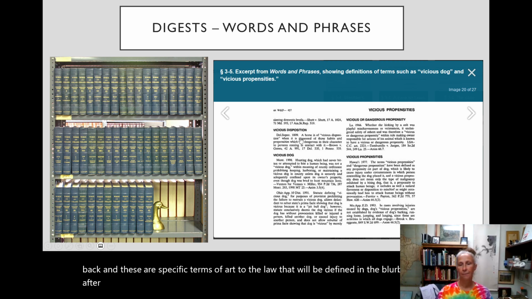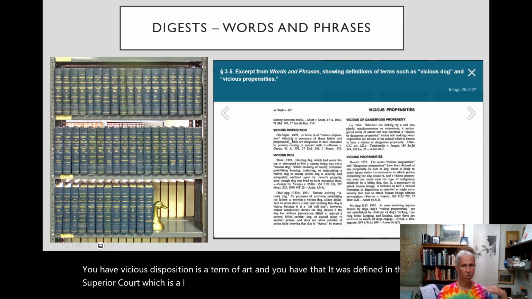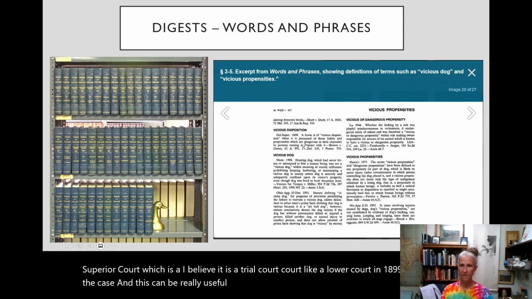So you have vicious disposition is a term of art, and you have that it was defined in the Delaware Superior Court, which I believe is a trial court, like a lower court, in 1899, and this is the case. And this can be really useful if you want to trace back or find a definition